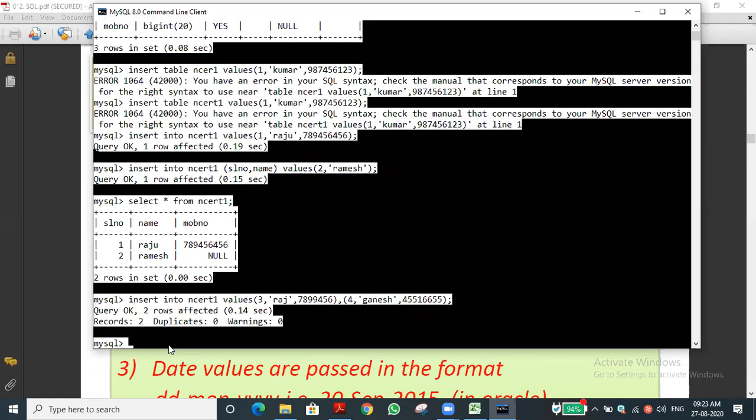We inserted, and you can see in the query result that two records were inserted. Duplicates is 0. Suppose there is a duplicate, it automatically finds it. We discussed one property of SQL: the first thing is that it avoids redundancy. Redundancy means repeating the data. It will automatically find it. For example, for your case, I'm just typing this one.